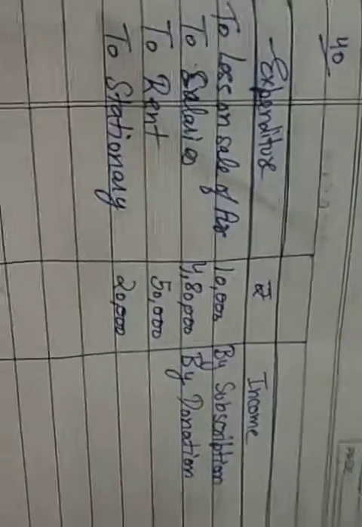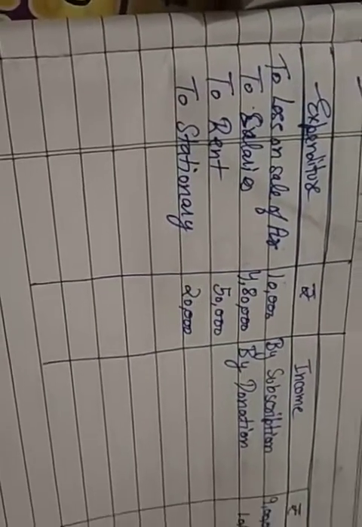And defense bonds, bacho, bonds is a fixed kind of asset. You will not write it here. Defense bonds will not appear here. It will be on the balance sheet. So we will not write defense bonds here. Furniture will not be written here. Bicycle is also a fixed asset. We will not write it here. Okay, so that's it. Only these items will appear in income and expenditure account.